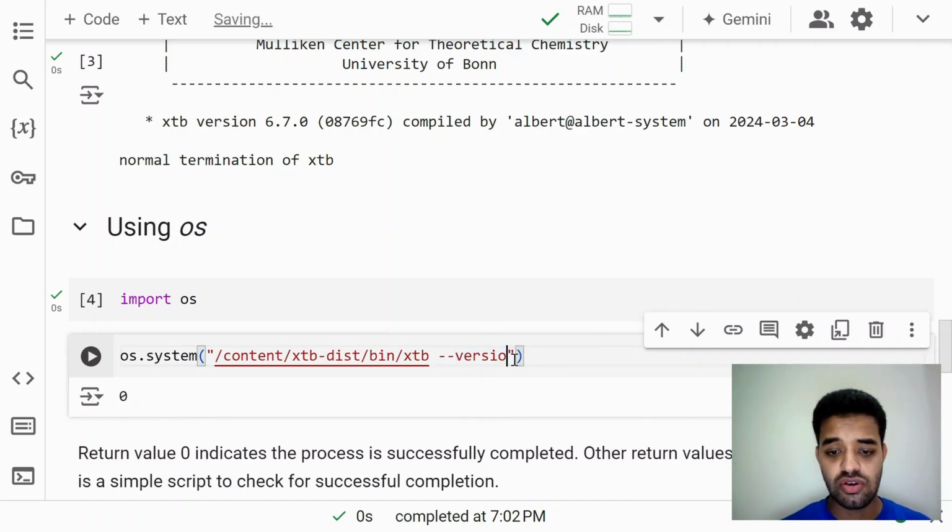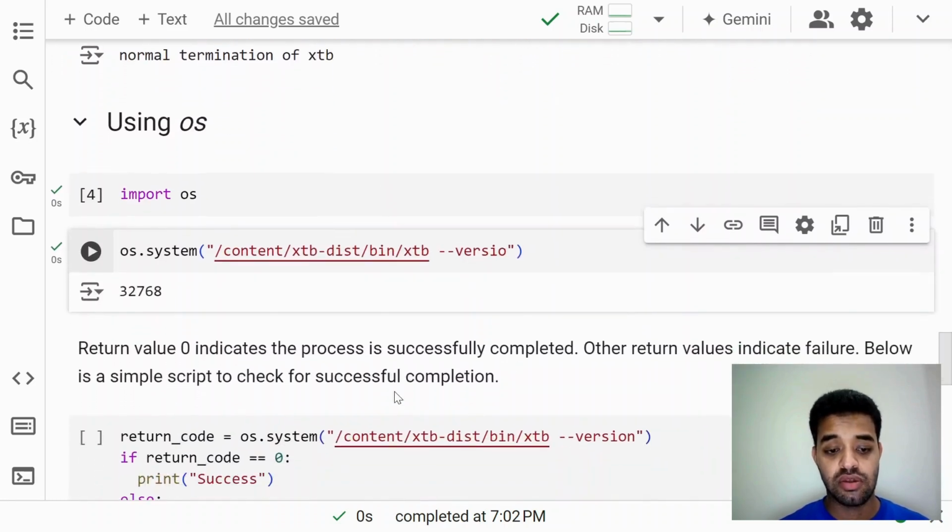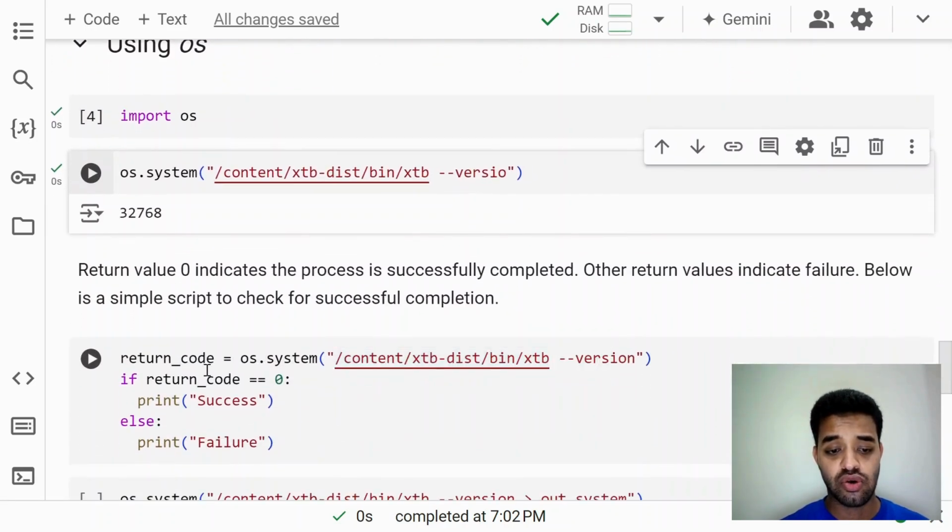So let me remove an n from here and run this. And now we see it's a very big number. So this shows that the code didn't execute successfully. And we can use a small code block like this, which is return code, capture what the return code is,